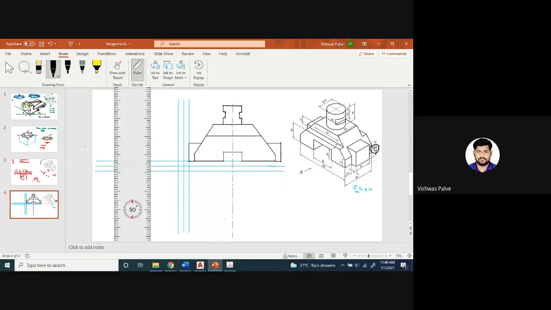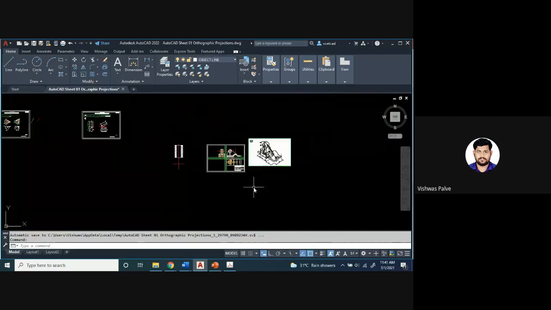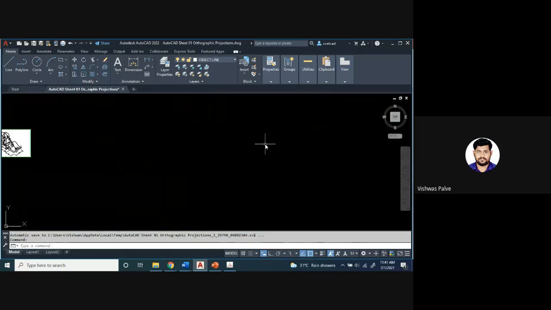Okay, can I start the top view now? What are the features which will be seen in the top view? Let us start drawing one by one. Okay, what I'll do, I will start completing the same problem in AutoCAD so that we can see how it will look with the proper dimensioning and all.